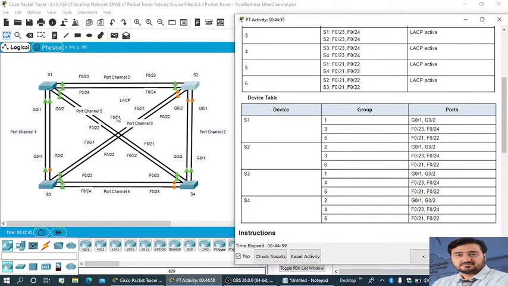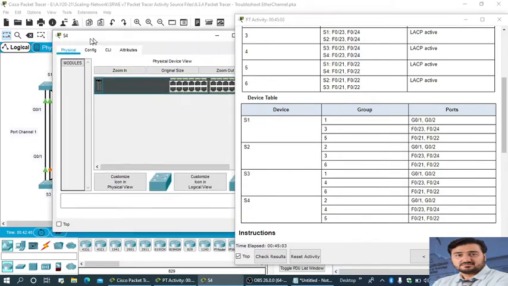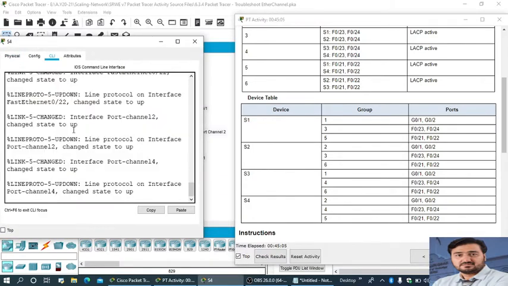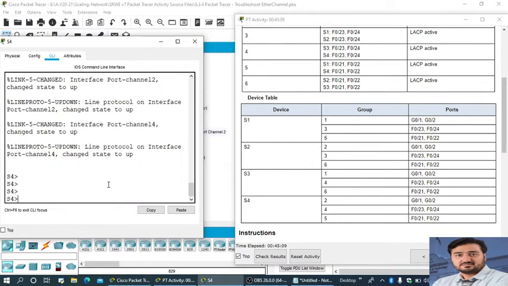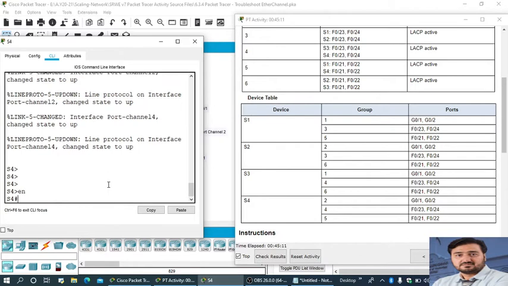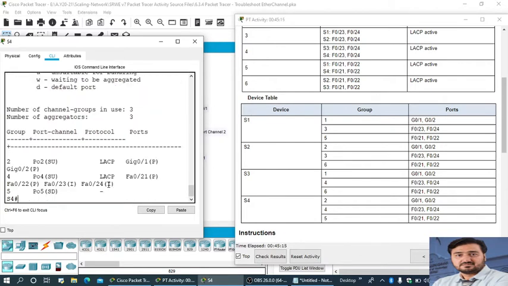Based on this document, all the switches must be configured. So we can start from switch number 4, and we will see step by step. Enable, show etherchannel summary.